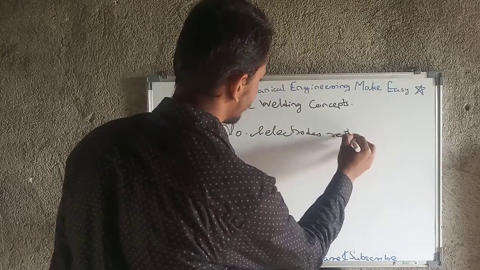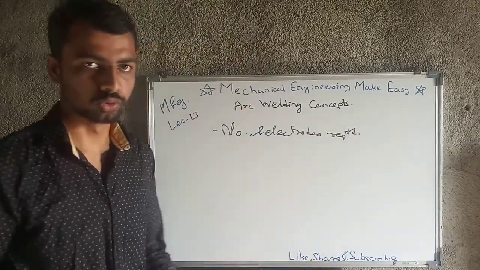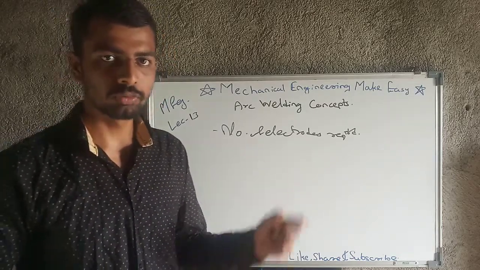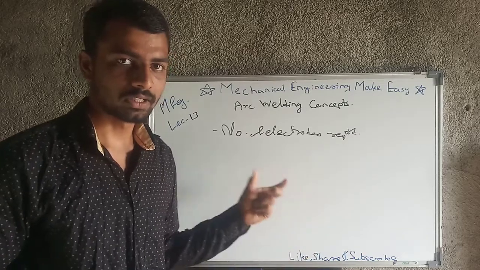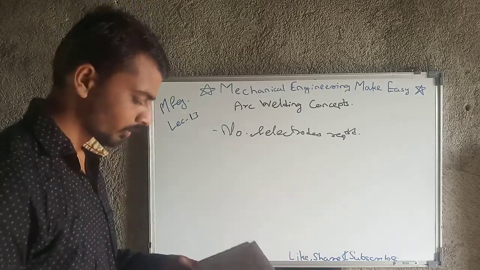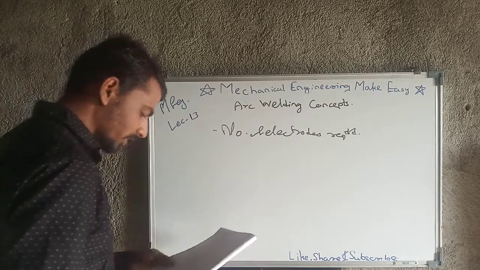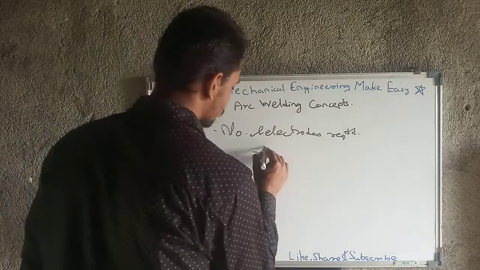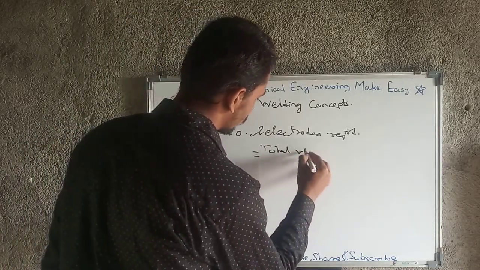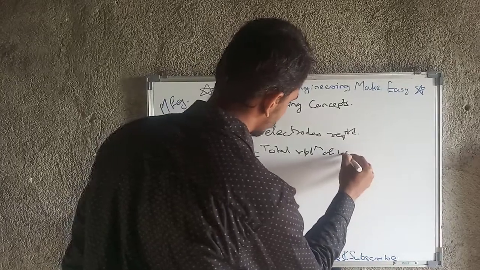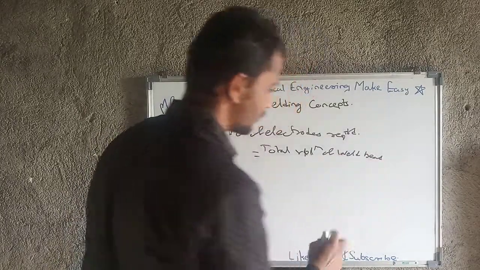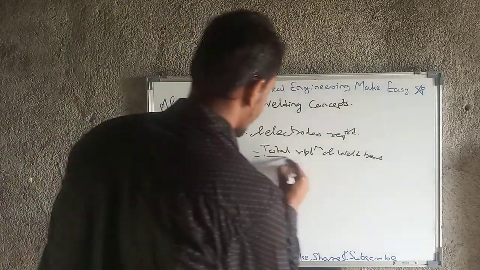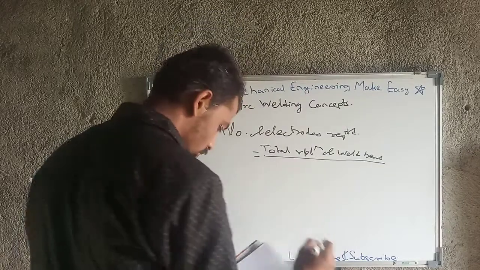Means we have to join any plate. For example, what I have shown to you, how many electrodes will be required to form a proper joint will depend on the volume of one electrode and the volume of the welding we need. So the number of electrodes required is equal to the total volume of weld bead, meaning the volume of the gap and crowning etc., divided by